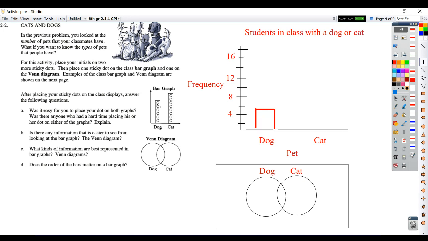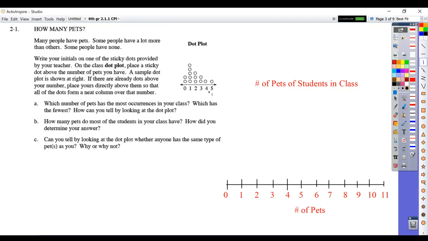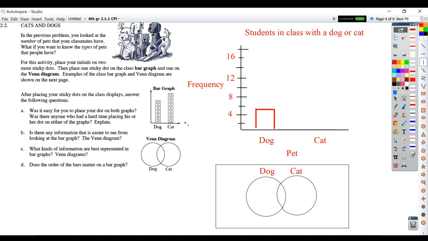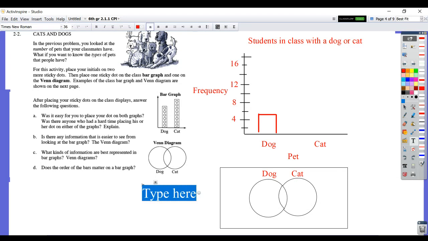When they did their bar graph, they showed the dots inside of it, and the reason they did that is to show you how it's actually quite closely associated with the idea of a dot plot. The number of dots is the same as the frequency, representing the height of the bar. Now for a Venn diagram, which again I assume you've seen before, that's a good visual representation when you have an area of overlap. So if we had, let's say, 5 students that said they had dogs, and let's say we had 10 students that said they had cats, but let's say we also had 4 that said they had both,